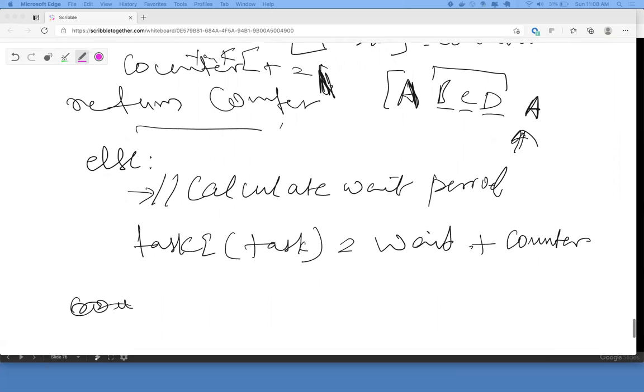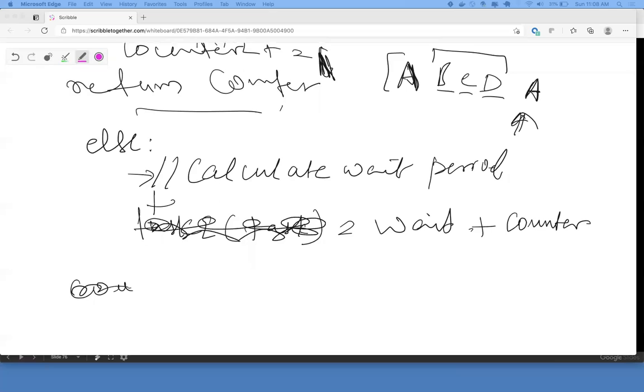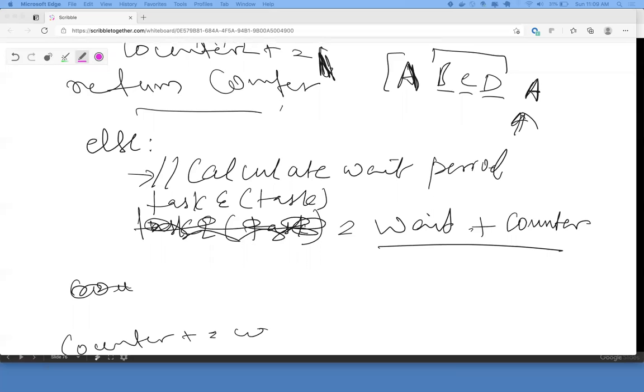No, here also. Then let's not put it here then. Okay, plus 1. It'd be wait, counter equals wait plus counter. The task executed of task is this one, right? And then you do counter plus 1 equal to 1 here. But this is plus equal to wait, right? You're also adding the wait, right? Yeah, wait plus counter plus 1. This is going to be the new counter, right?